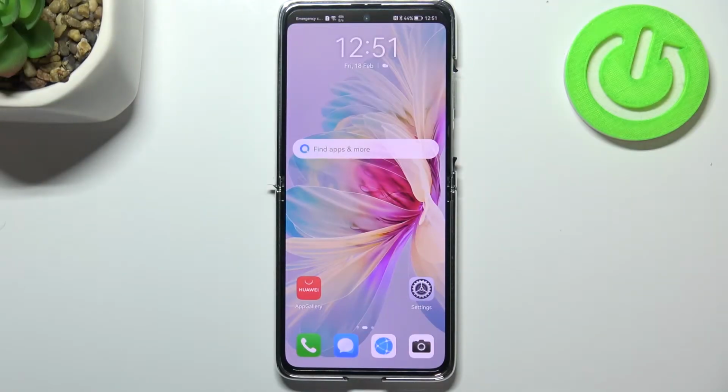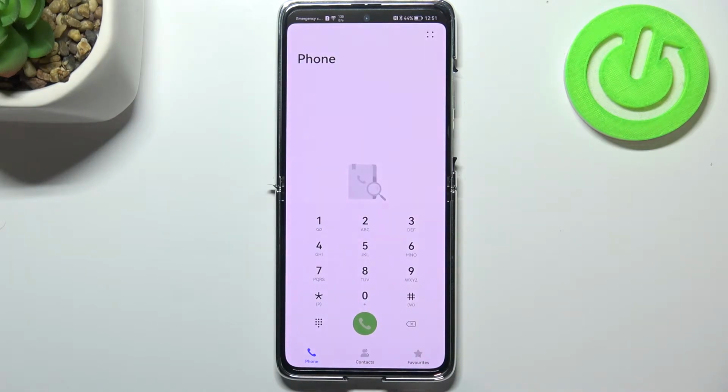Hi everyone, in front of me I've got HUAWEI P50 Pocket, and let me share with you how to use secret codes on this device. So first of all, let's open the dialer, because this is the place where we will enter all of those codes, and let me begin with the shortest one and probably the most known, which is